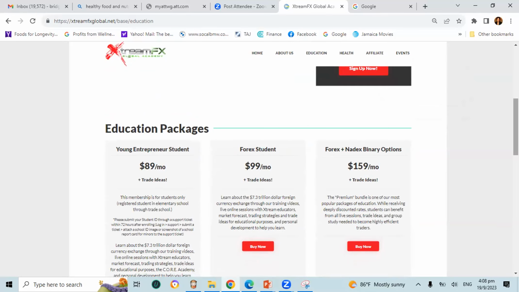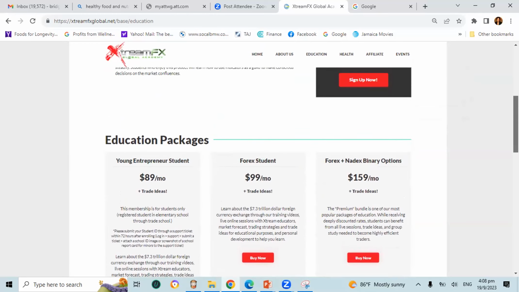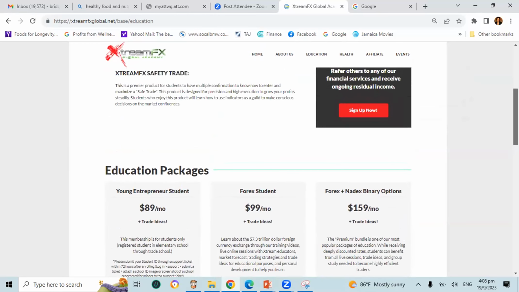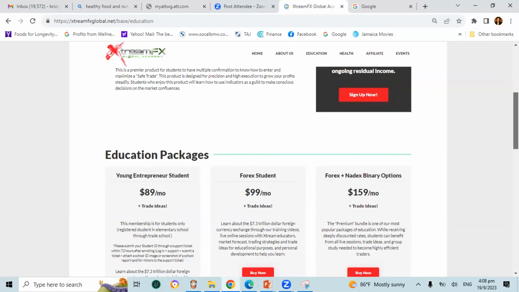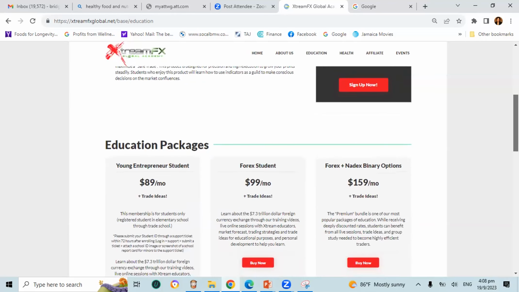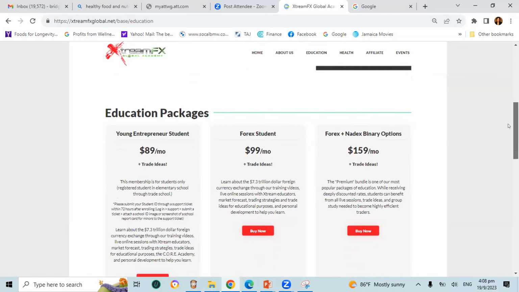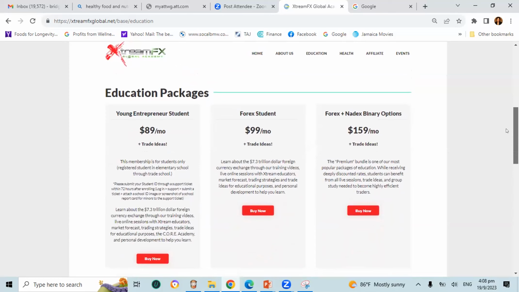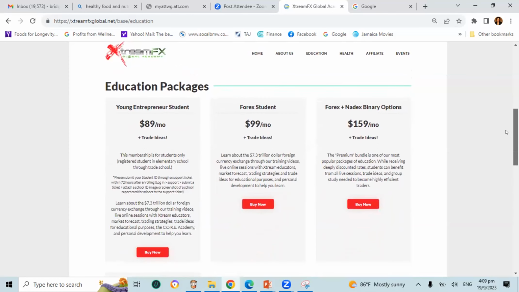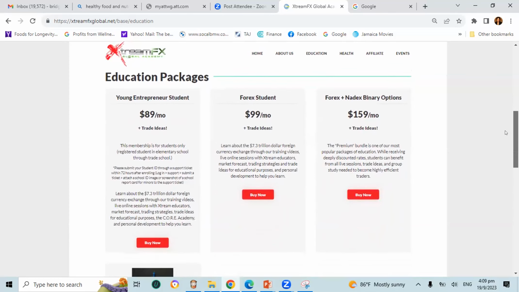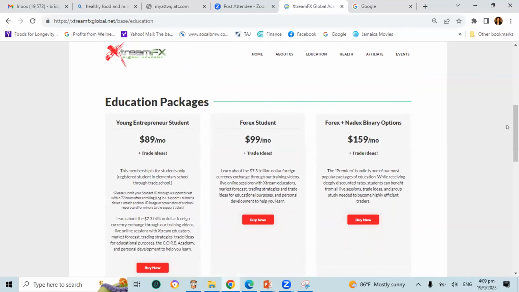All members get access to our online academy, which is recorded on-demand videos. All people get access to trade alerts. Now, trade alerts is different from the scanner alerts, okay? Trade alerts is within our system, so even people who do not have Safety Trade and who do not have the Safety Trade scanner still will get trade ideas from our professional traders, so that while they're learning to trade, they can go into the market with some degree of confidence. And we even have a class to teach people how to take the trade alerts. It's called the sniper class. All right, so that's our community in general.